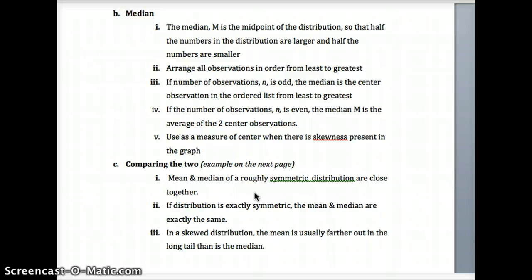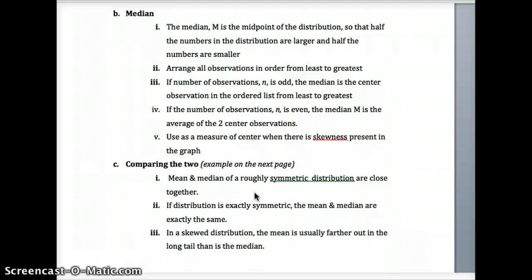If there's slight skew left, the mean would be slightly less than the median. And as the skew increases, that difference increases. If they're exactly symmetric, the mean and the median are equal. So that's the key. And just the key thing to remember here is if it's symmetry or roughly symmetrical, we